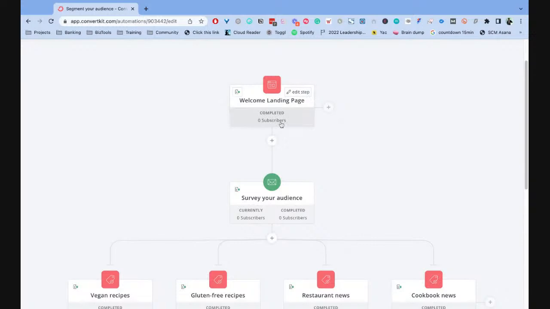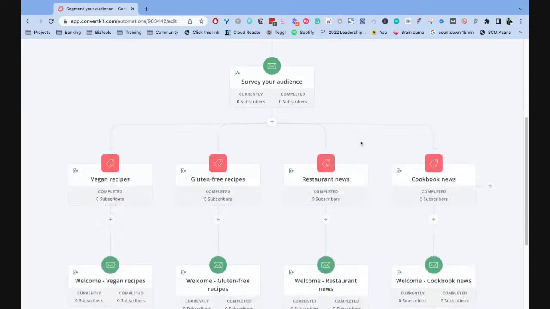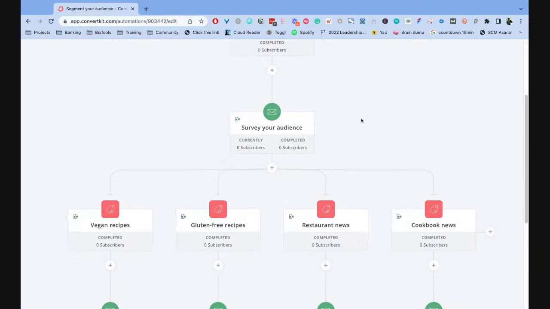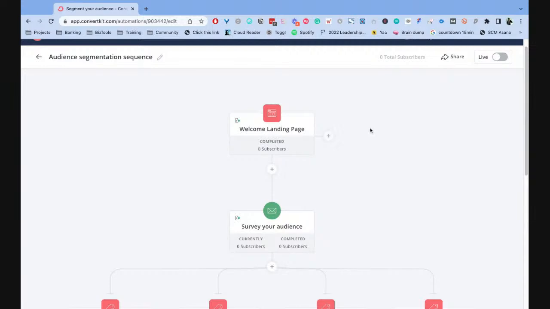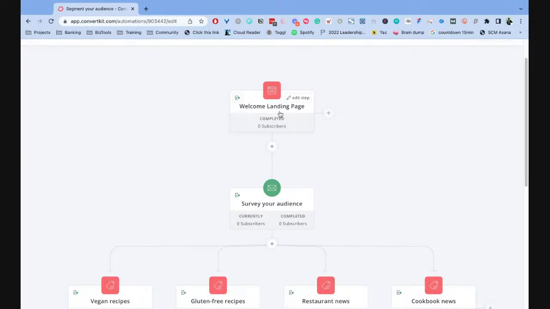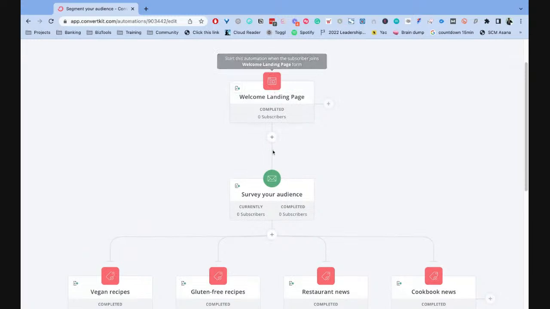What you would have to do is spend maybe 10 minutes or half an hour max to really customize that landing page and let people know, if they're signing up for your newsletter or joining your email list, give them 3 benefits of signing up. Let them know what they are going to get. Are they going to receive some kind of free download, some training videos, whatever is relevant to your offer? Then you move on to the survey your audience step, the next step in the automation,